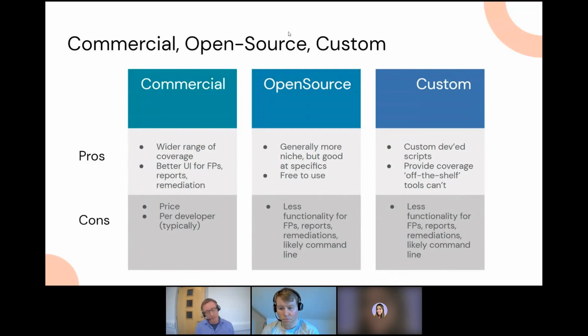The cons typically of commercial tools is there's a cost to it. They're obviously a commercial entity. That means it may be more of a struggle for smaller companies to afford these tools, or for larger companies, even enterprises, to be able to utilize those commercial tools for all of their software development teams. That can be a choice of how much you can afford there, how many systems or teams you can use